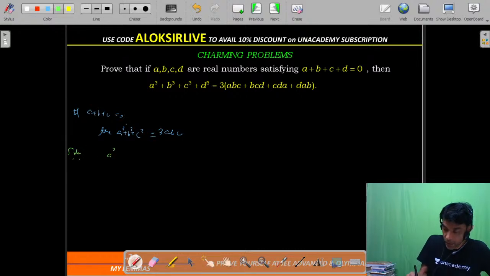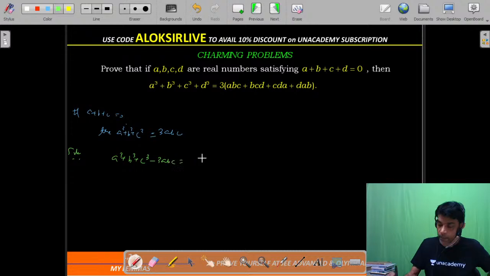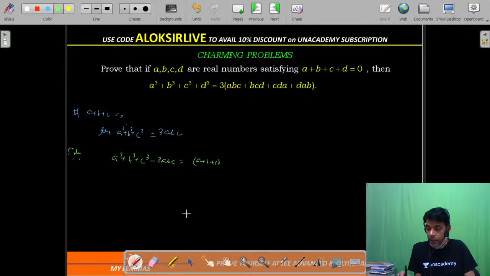First I'll use this one, a cubed plus b cubed plus c cubed minus 3abc. A starting point is this. So a cubed plus b cubed plus c cubed minus 3abc I'll write as, first of all, a plus b plus c, times